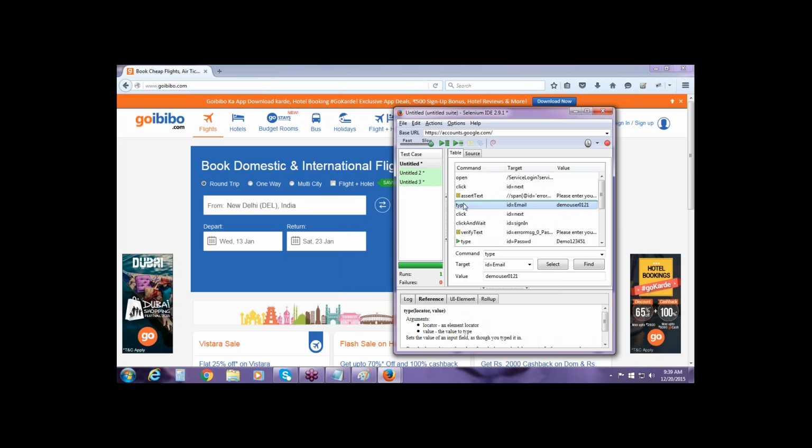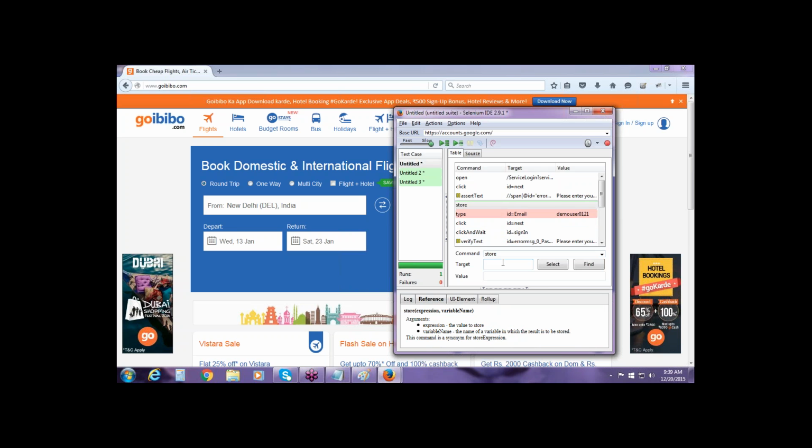You just right click here and insert new command. When you press it, the new command appears above. We can type in the command section. What command would you like to use here? Suppose we would like to